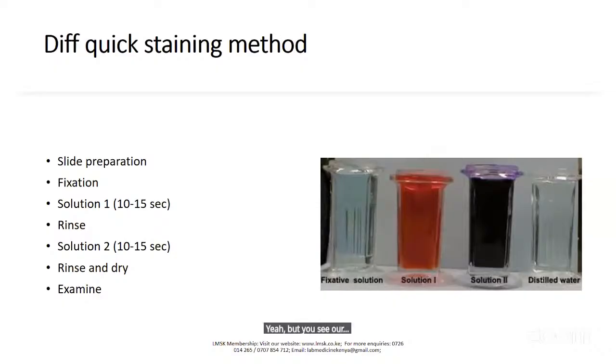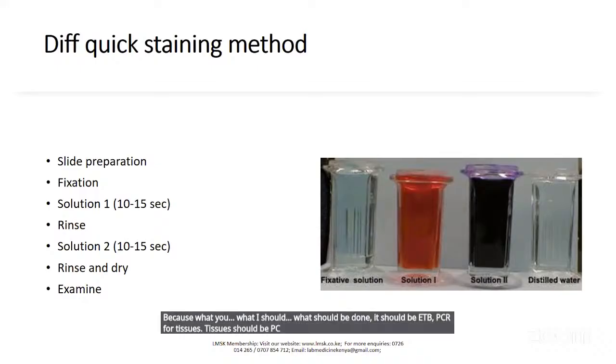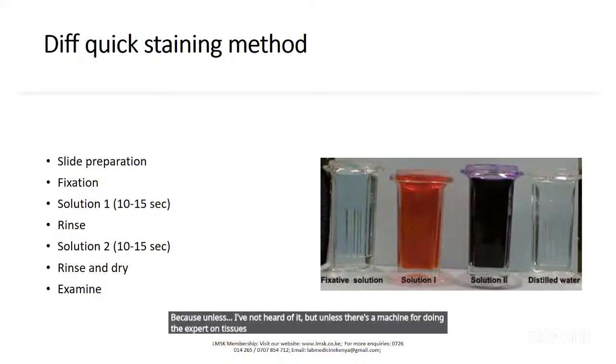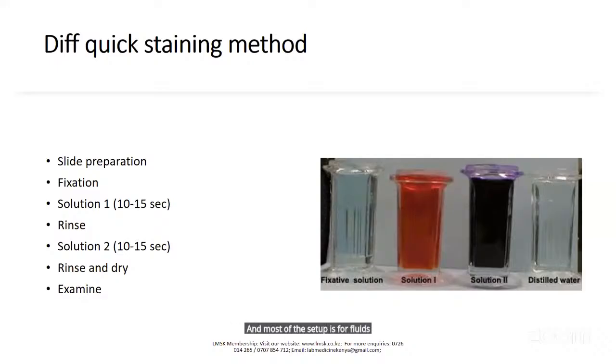That's now the confusion. At times we end up consulting widely. Because what should be done, it should be TB PCR for tissues. Unless there's a machine for doing GeneXpert on tissues, because the machine that I know that is available in most of the setups is for fluids. So mostly, when they request for GeneXpert on tissues, I think the most appropriate test should be